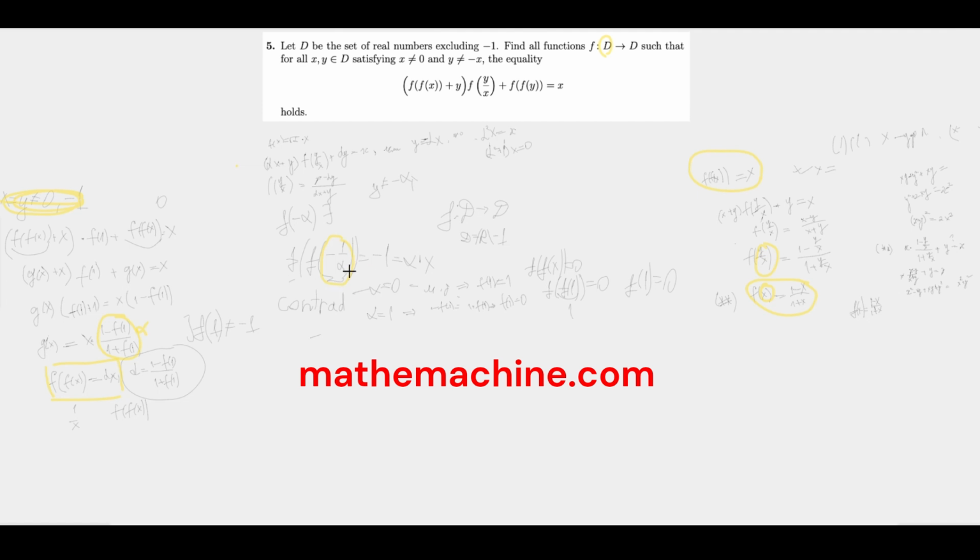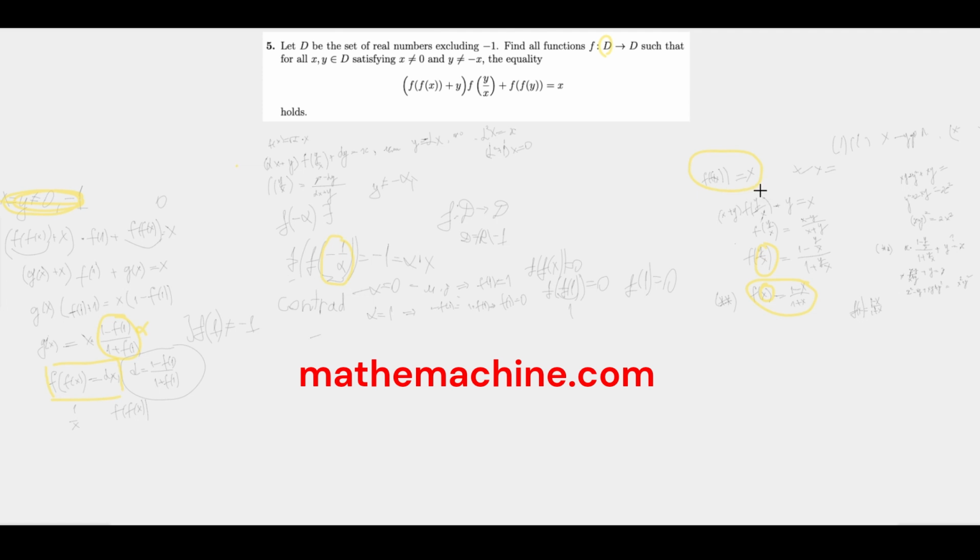For all the good numbers, it doesn't work. So alpha should be a bad number. The bad numbers for alpha are 0, since we cannot divide by 0, and 1, since the argument of f is going to be -1, which is prohibited for us. So alpha equals 0 doesn't work: if we plug it in and try x equals 1, we get a contradiction. So only alpha equals 1 works, and thus we get the equation f of x equals 1 times x, which